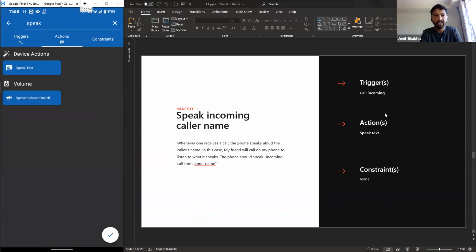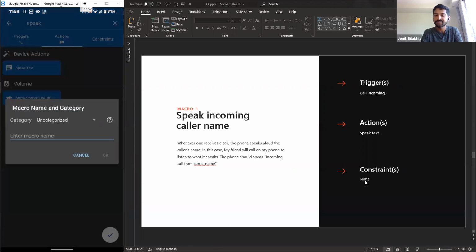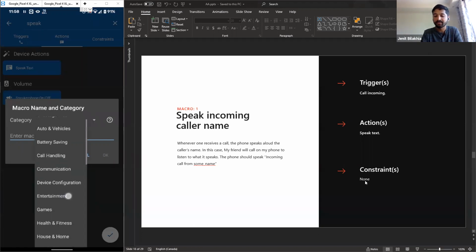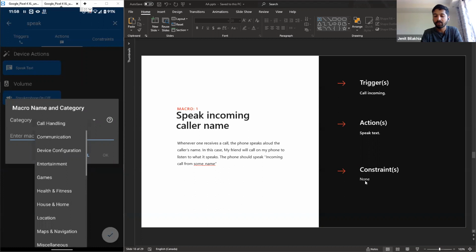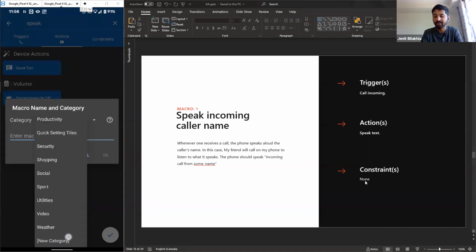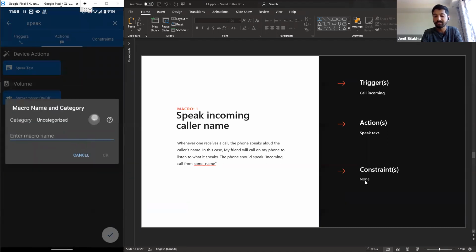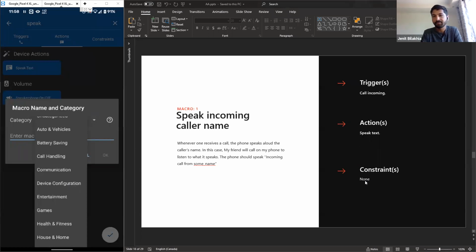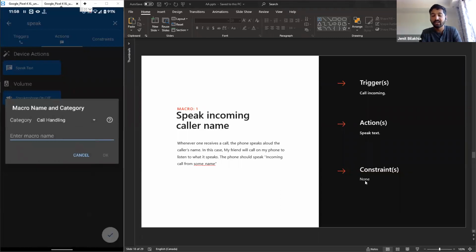So we'll be finishing this up. Now that we have everything done and no constraints in this case, we'll click on this tick mark at the bottom. I'm going to tap on this, and now it's asking me how I shall categorize it. I can put it in any of these categories, or I can create my own. I can create a new category, but I'm using the default one given here. It's fine even if you put it in the wrong category, it won't really matter. So I'll put it under call handling,